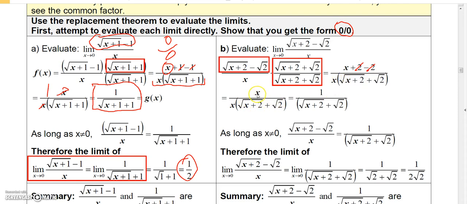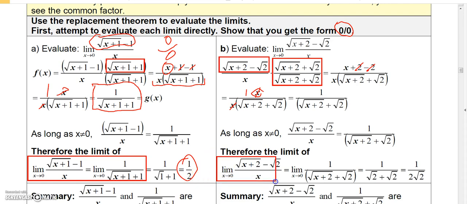And then when I come down to my next step, I have x in the numerator and x in the denominator. And just like I did before, I can cancel these and get 1 in the numerator. So now I have 1 over square root of x plus 2 plus square root of 2. And then if I go back to my limit,